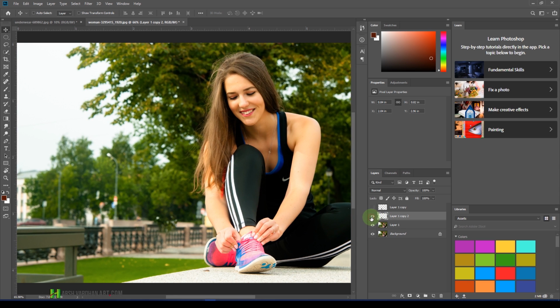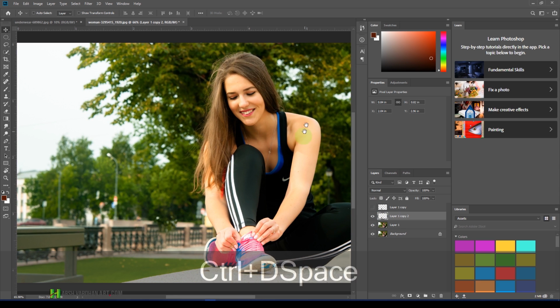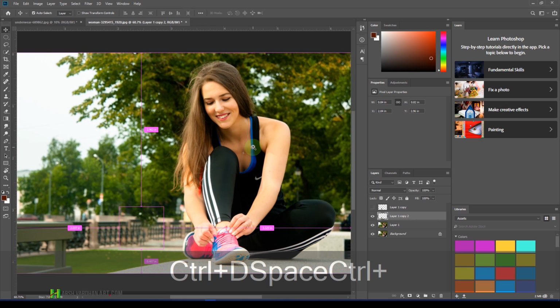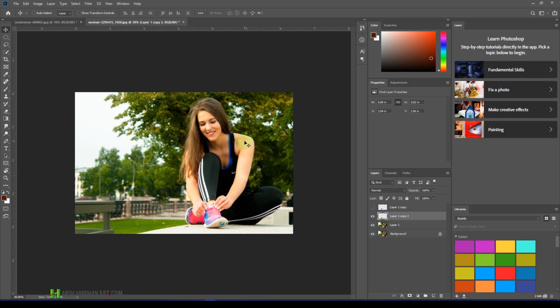Okay. So this is how it works. So this was the content aware fill option, the latest update in Adobe Photoshop CC 2019. So now let's move on to the next update, which is